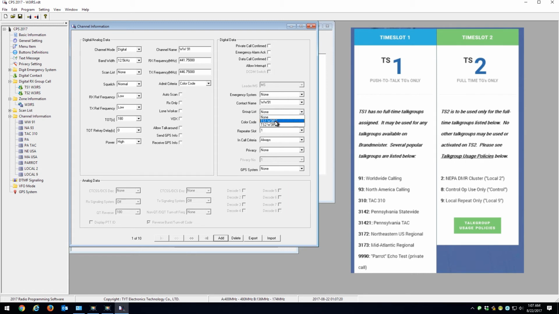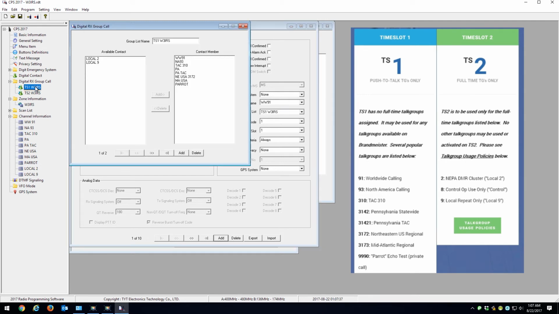And we're on time slot 1. Now you go to group list, and we're going to select time slot 1. So by doing this, when we tune to Worldwide 91 on the radio, we're going to transmit on 91, but before we transmit,